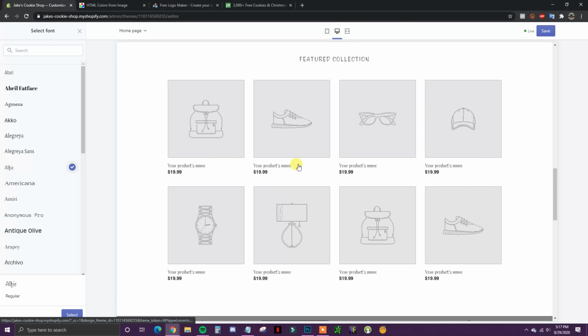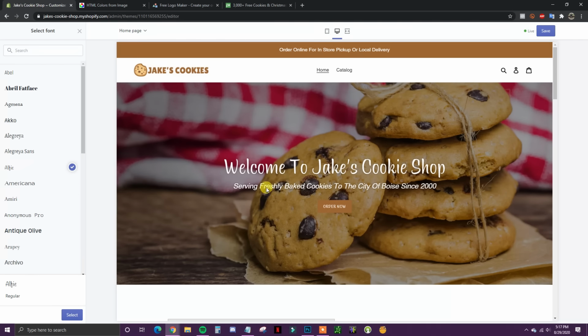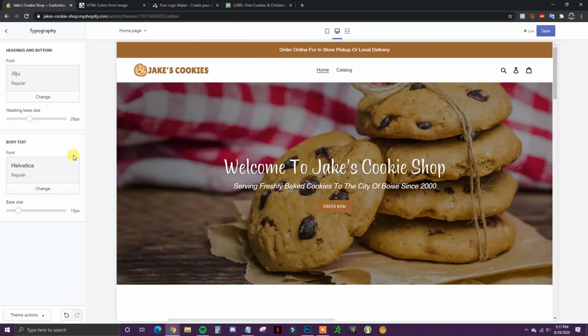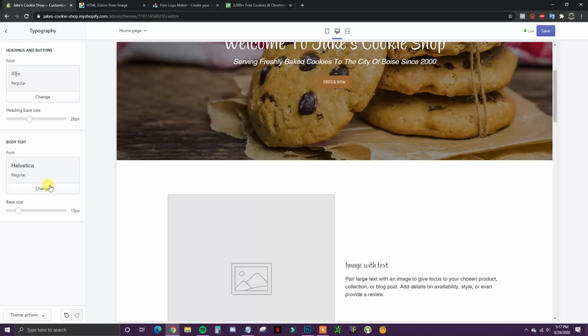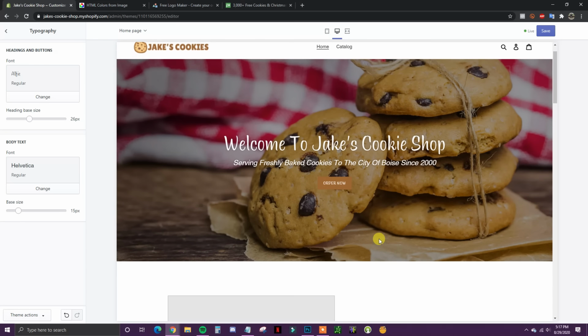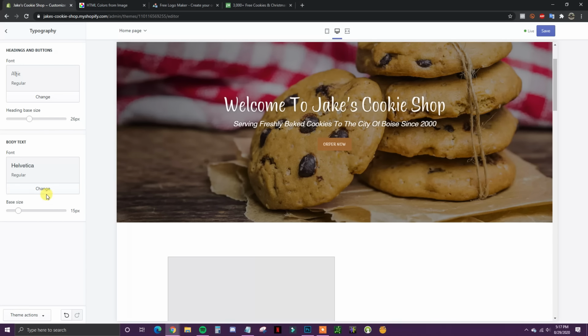And you can see it left the prices the same, but it changed the font right there. And I'm going to go ahead and just click select, and then with the body text, if I wanted to change this, I could go in here and change that as well. Now, I would recommend that, especially for body text, that you go ahead and keep this something that's very basic